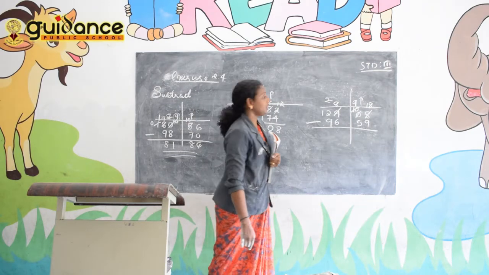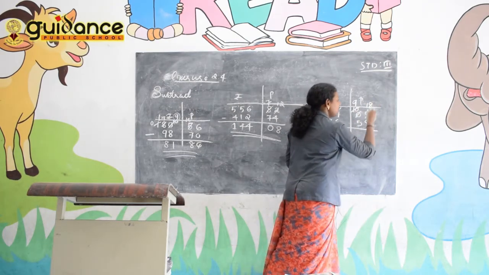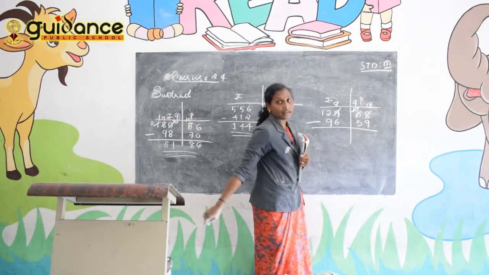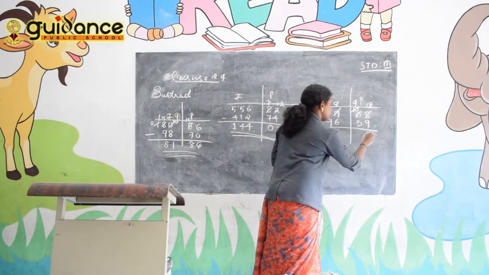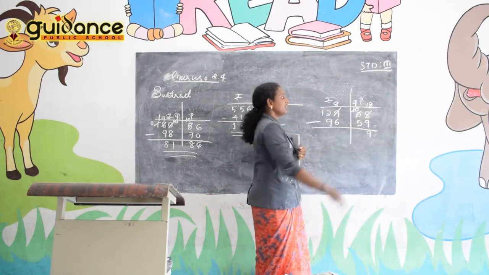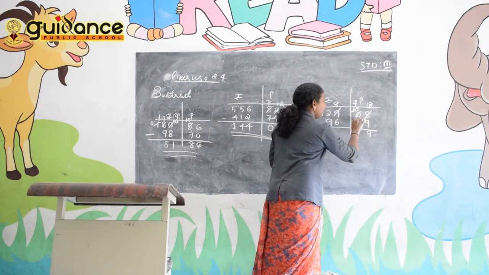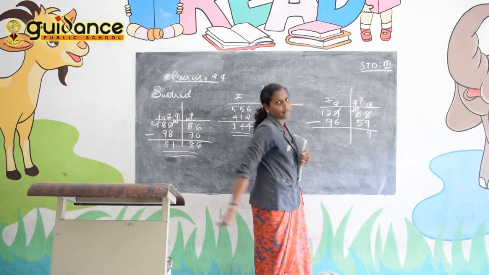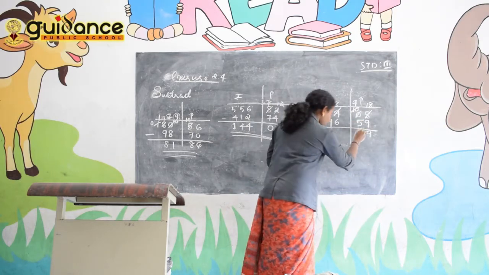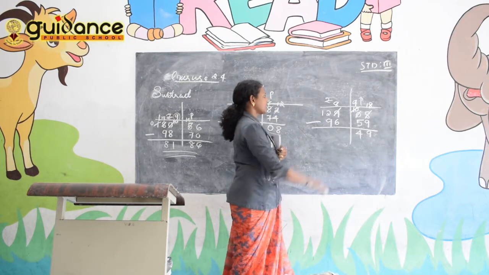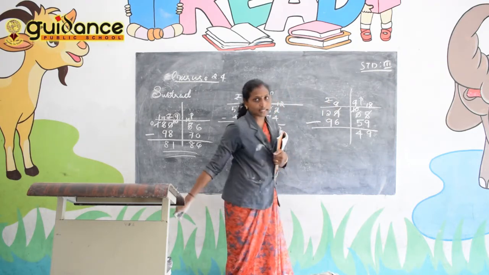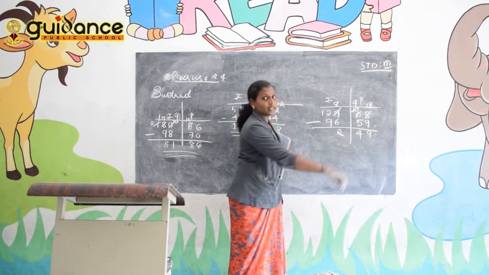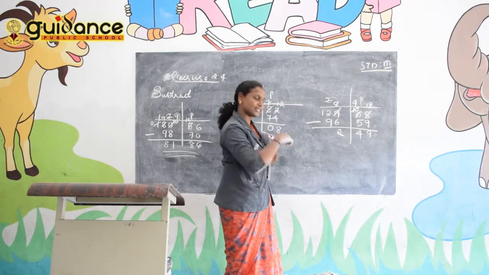Okay. Then next, 18 minus 9. Yes, 9. Then next, 9 minus 5. Okay, very good, 4. Then next, 8 minus 6, 2. Then next, 2 minus 9, it's not possible. Taken as a borrow.